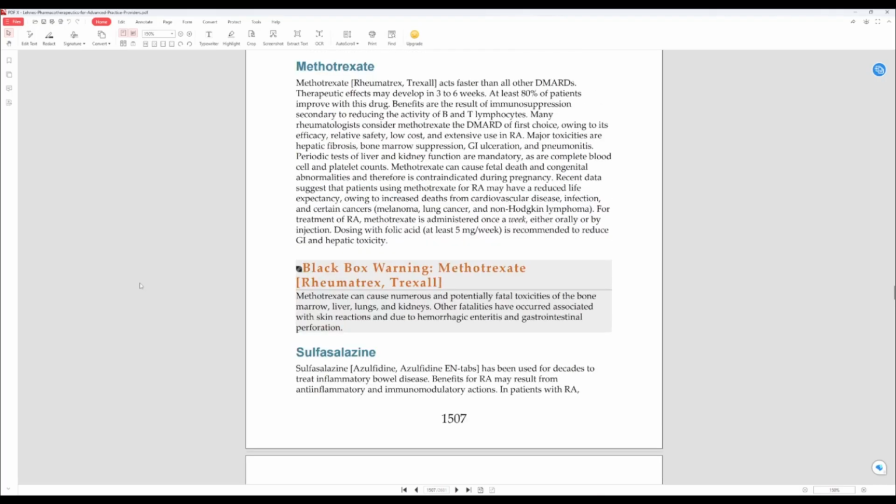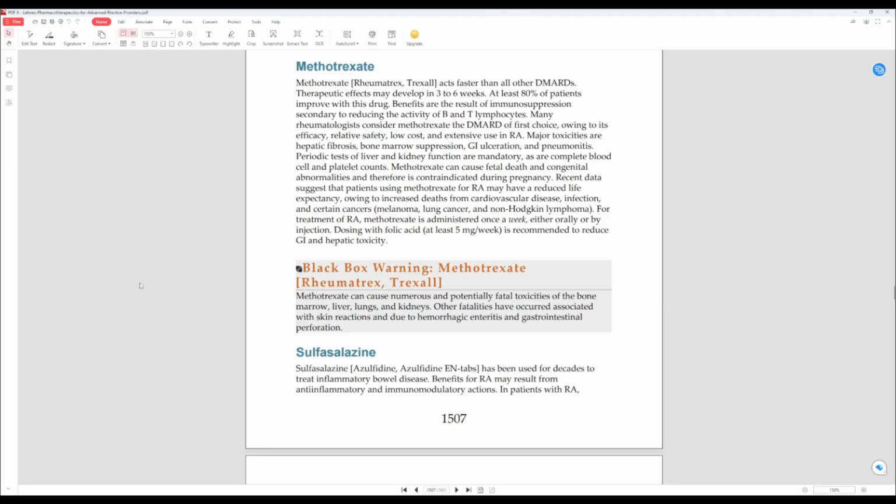That brings us to the first medication here, methotrexate. Methotrexate, also known as Rheumatrex or Trexall, acts faster than all other DMARDs. Therapeutic effects may develop in 3 to 6 weeks. At least 80% of patients improve with this drug. Benefits are the result of immunosuppression, secondary to reducing the activity of B and T lymphocytes. Many rheumatologists consider methotrexate the DMARD of first choice, owing to its efficacy, relative safety, low cost, and extensive use